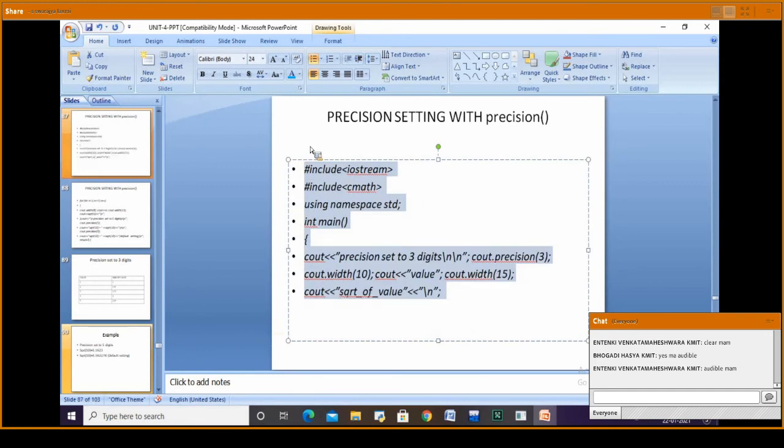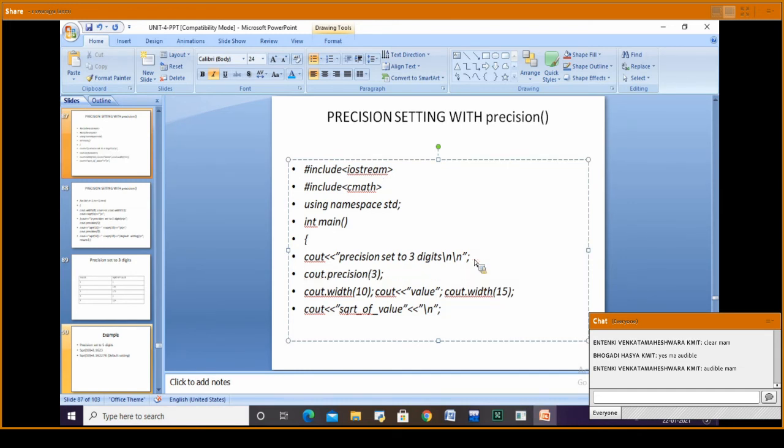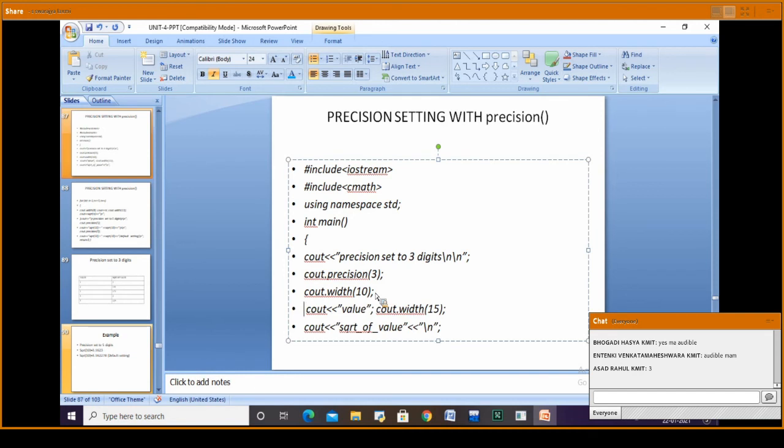Can you see I have included cmath? Then cout precision set to 3 digits. I wanted to set the precision to 3 digits, meaning that after the decimal point, I wanted to print 3 digits.